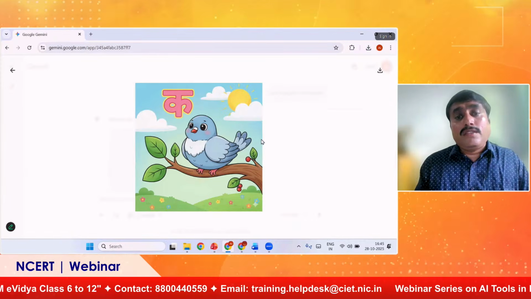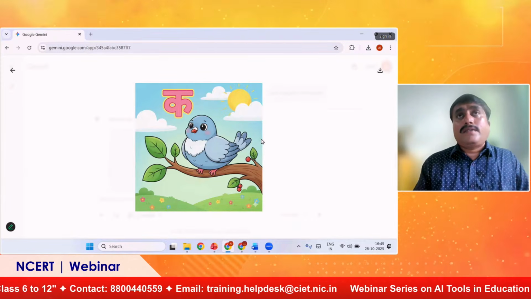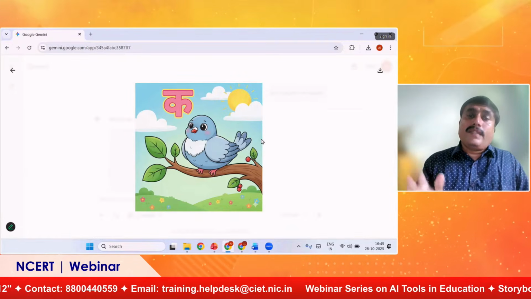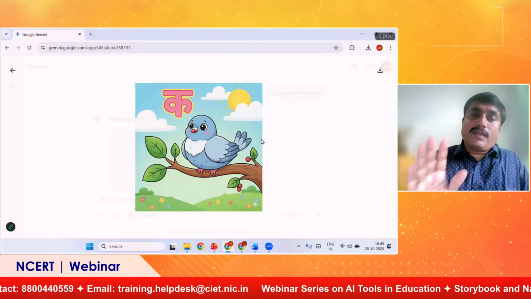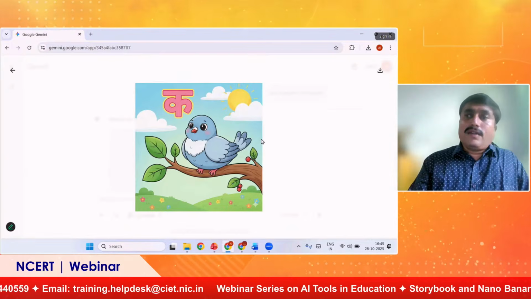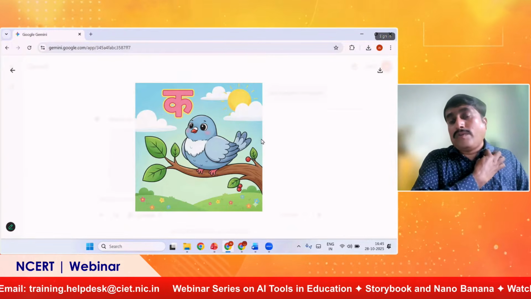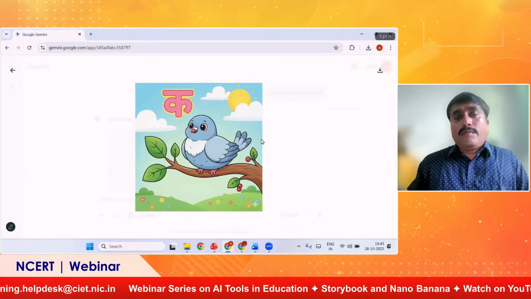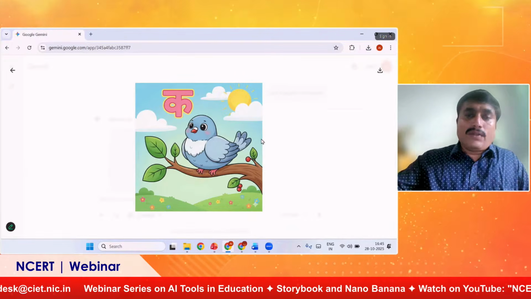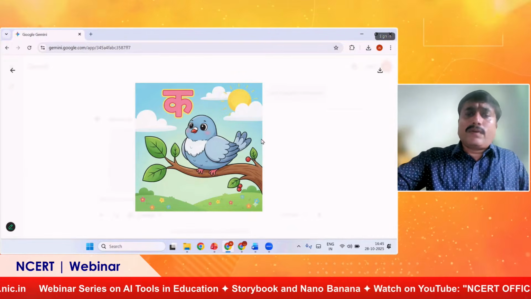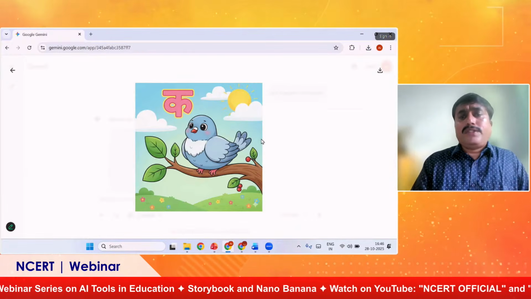So you can use these as flashcards, and you can use them in the classroom, and you can show them say kabutar, then whatever the thing you want to mention, and then you can make a series of varnamala, all letters from the varnamala and the images.